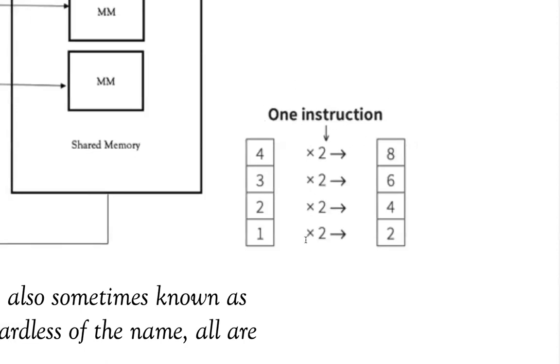So one instruction is executed, because let's just say I have 4 channels, 4 data streams, it is capable of processing all 4 data items simultaneously. But the instruction is the same. Remember, this data is divided into 4 parts, and my same instruction is handling different parts of the same data at the same time. So index position 1 is handled by this data stream, index position 2 is handled here, 3 is handled here, and 4 is handled here. So based on that, different parts of the same data are processed simultaneously using the same instruction. The instruction has not changed.